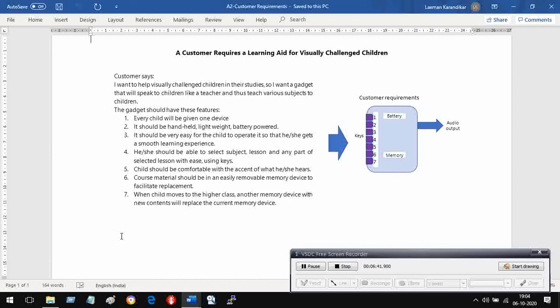For example, there is a classroom in which you have a device and all children listen to that device. That is not the idea. The idea is every student will have his own device. That is number 1. The second point is